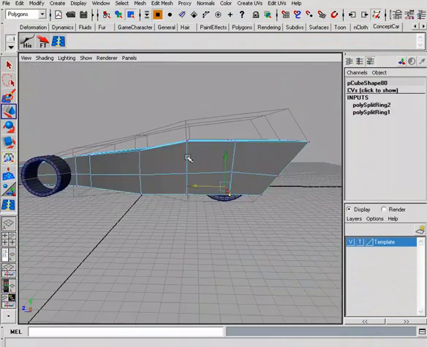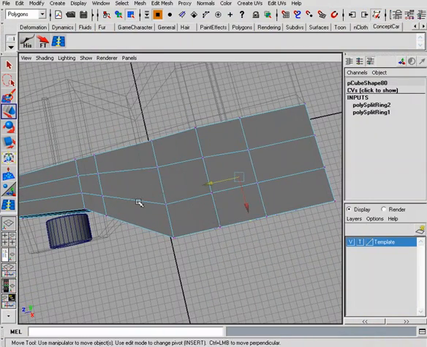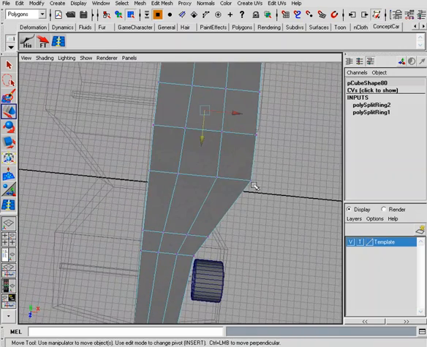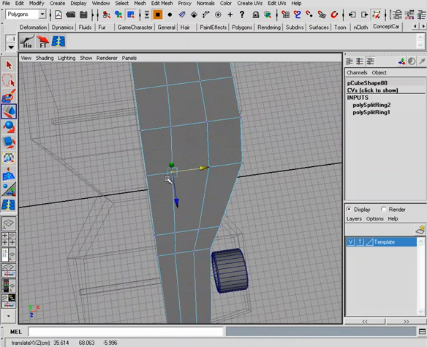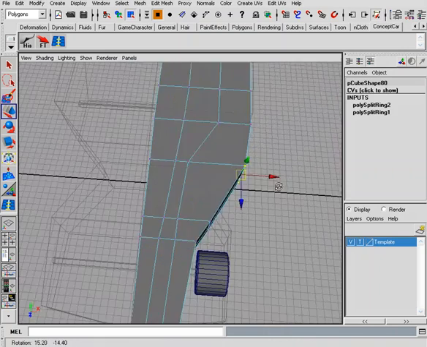Now in here, you can see that this body comes in quite a bit. So what we need to do is move our points in. Okay, and this is going to be our belt line, so this is defining the bottom of the canopy, so we'll leave that there. This is going to be our shoulder line, so we'll move this in. At this point we can avoid wavy lines and dents, because assuming we're going to smooth this, we still have very low resolution. It's going to smooth fairly well, but what we have to be aware of is when we start adding more